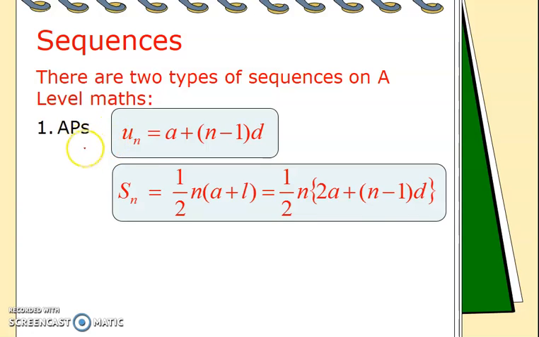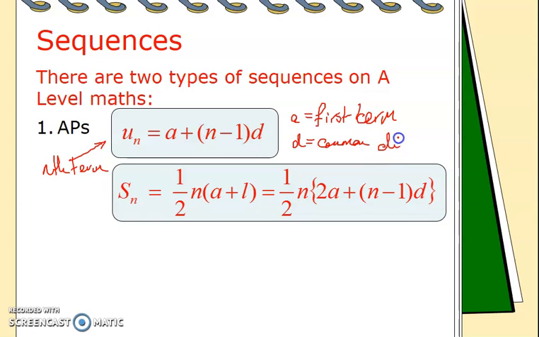So a reminder regarding formulas. For arithmetics, this is the nth term formula, and you remember that A stands for the first term and the D is the common difference, how much it goes up by each term. And the slightly weird thing here is, for the sum to n terms, the total of the first n terms, you've got two different formulas. This is the one I tend to use most, but you should be aware that there is this potential for using the first term and the last term in the formula,